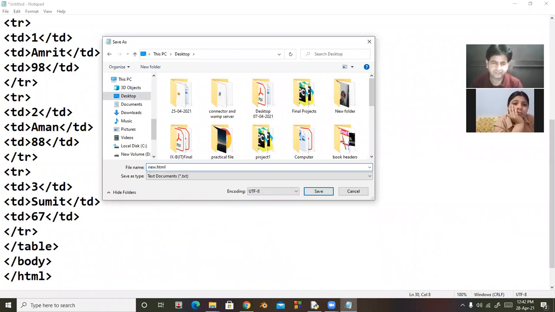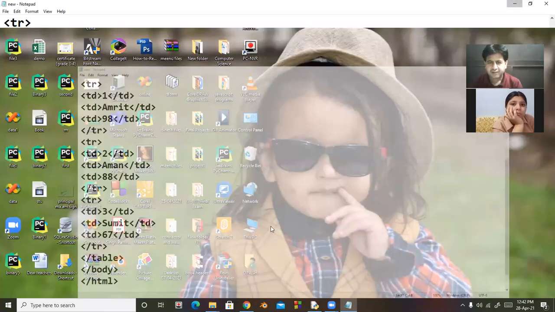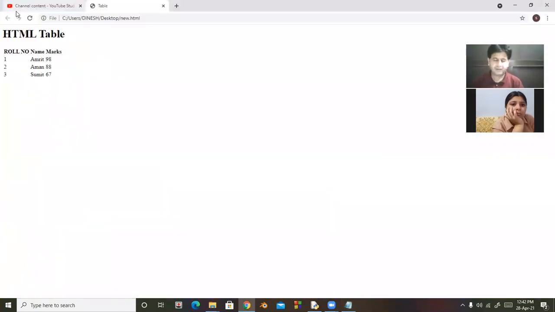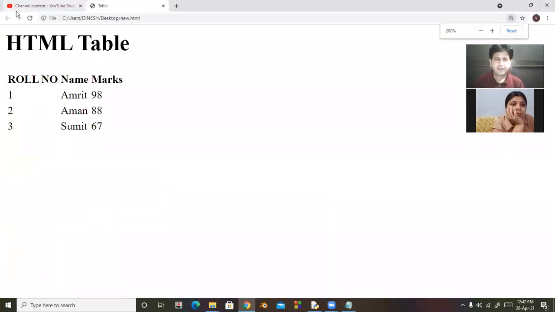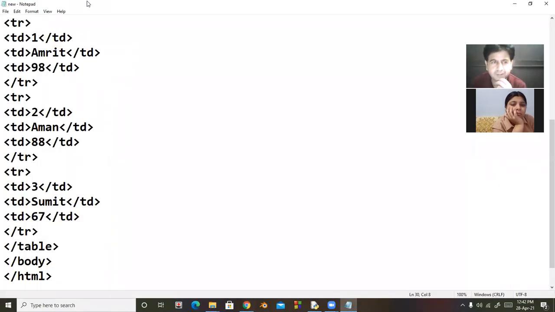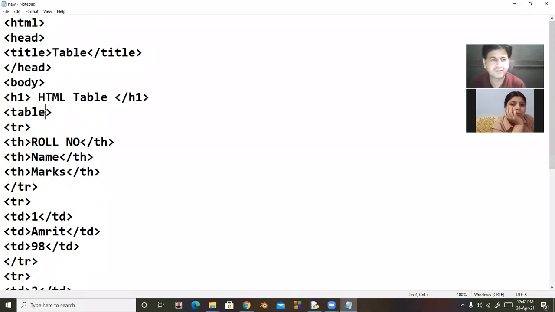New.html. So look at here, file is here. If I want to display the outline, the way is border equal to 4 or 5.